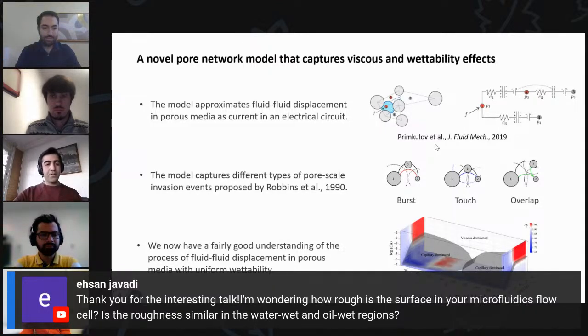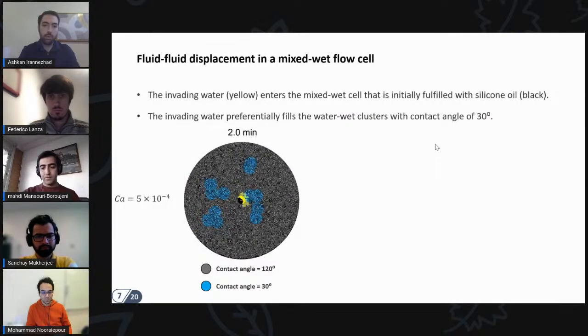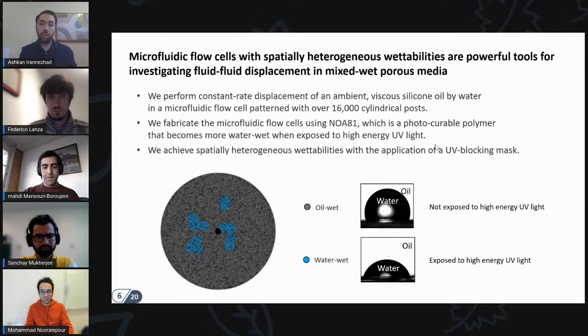Ehsan thanks you for the interesting talk and asks, I'm wondering how rough is the surface in your microfluidic flow cell? Is the roughness similar in the water wet and oil wet regions? Thank you. Yeah, that's a very good question. In our case, as I said, our microfluidic flow cells are made of a specific kind of polymer, NOA 81. The technique that we use gives us very smooth surfaces, and the roughness is as small as a few nanometers. And the roughness is more or less similar at both water wet regions and oil wet regions,